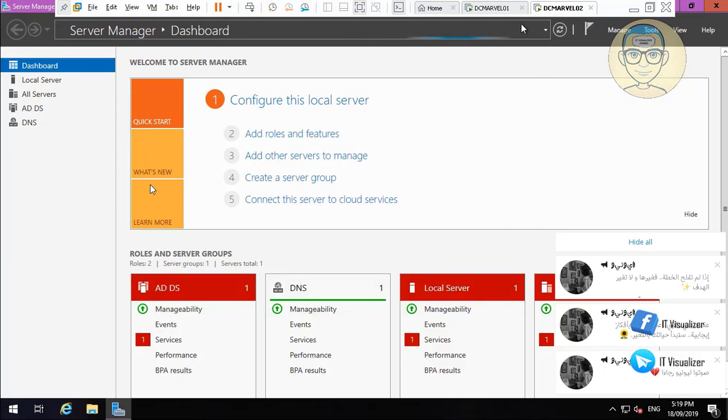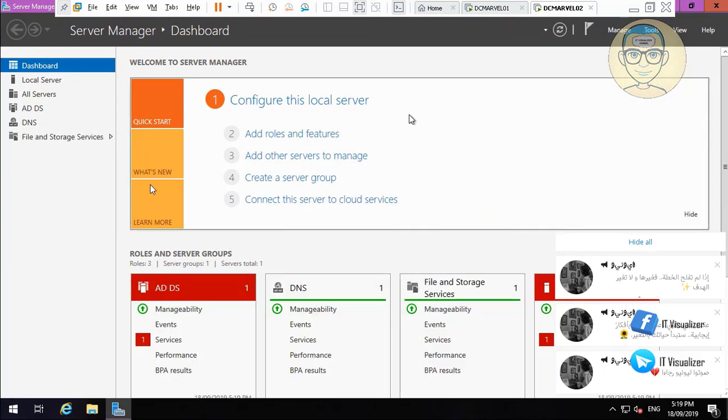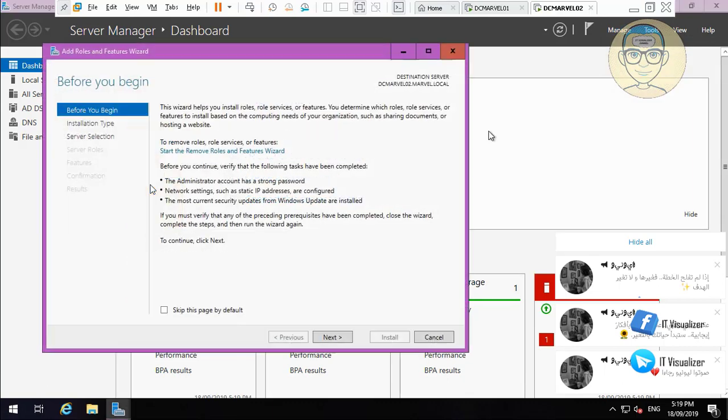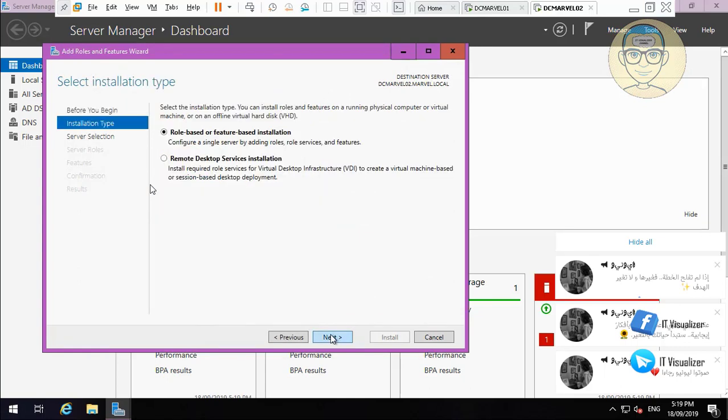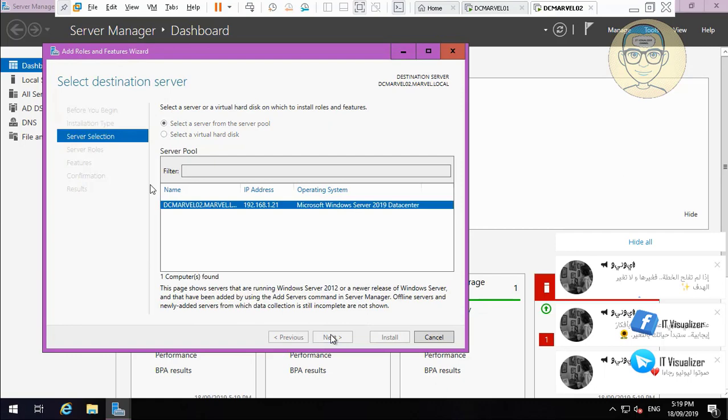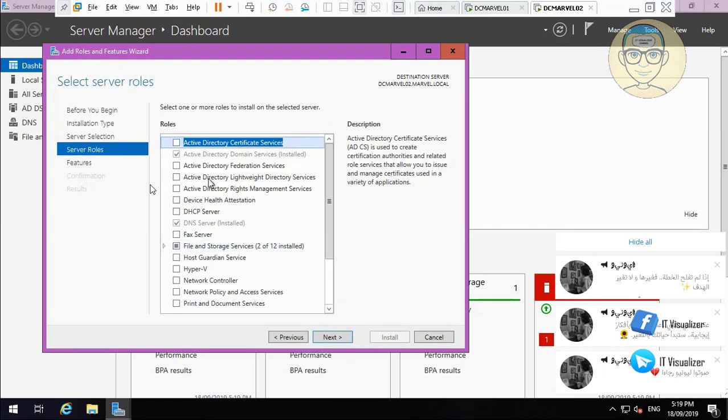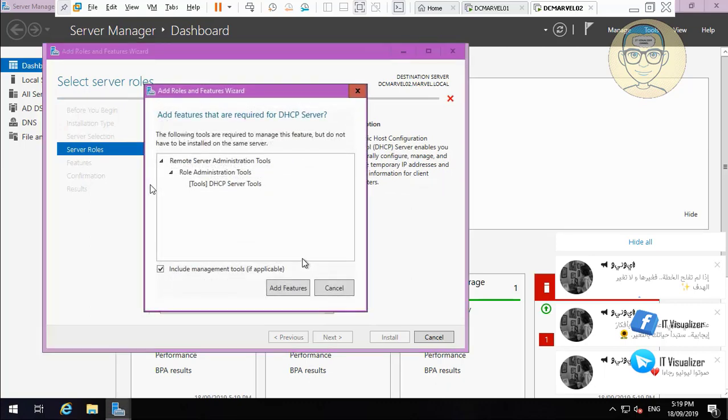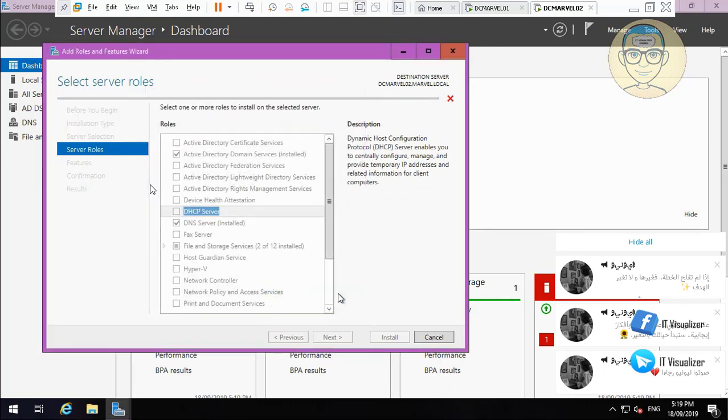role, the WSUS role. Okay, as we can see here, there are certain errors appearing in red in the server manager console. We can see these errors and rectify them if we need. Tell it next, and then next, and then next, and then we need to add the DHCP. So here we'll add DHCP, and then add features,